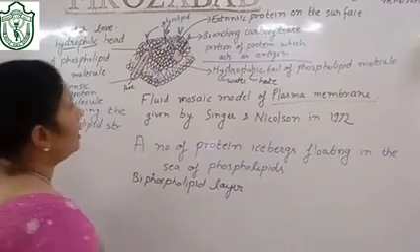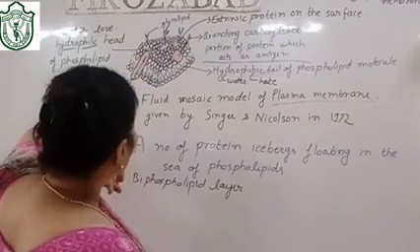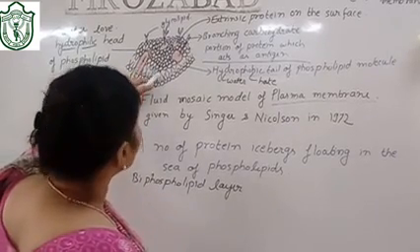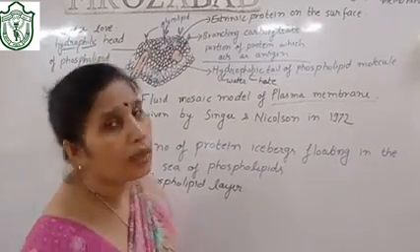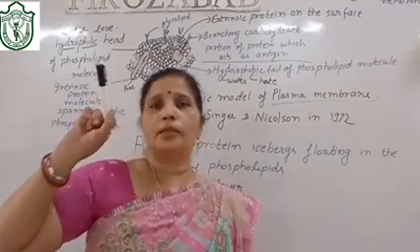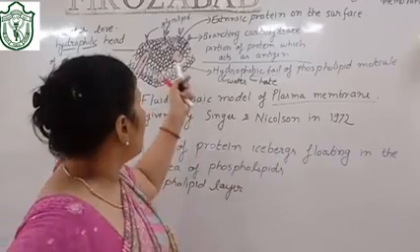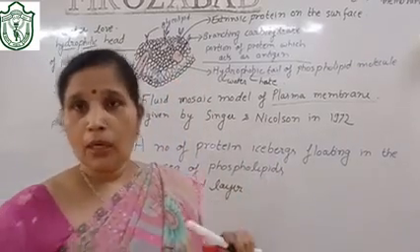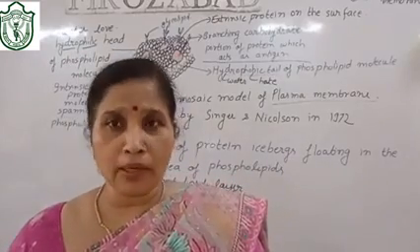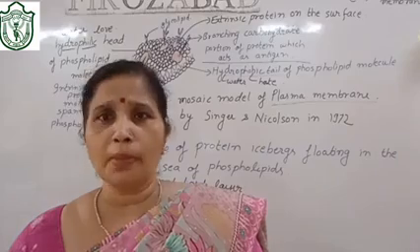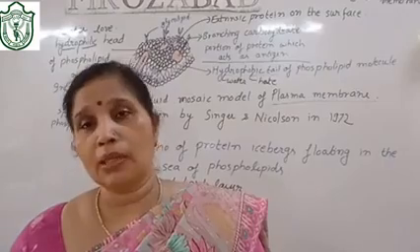Now see this bi-phospholipid layer. You will be thinking that the upper portion is water loving or inorganic-thing loving, and in between it is water hating. Now how will water or any other inorganic thing like salts or minerals pass through the plasma membrane? This question actually comes to the mind.